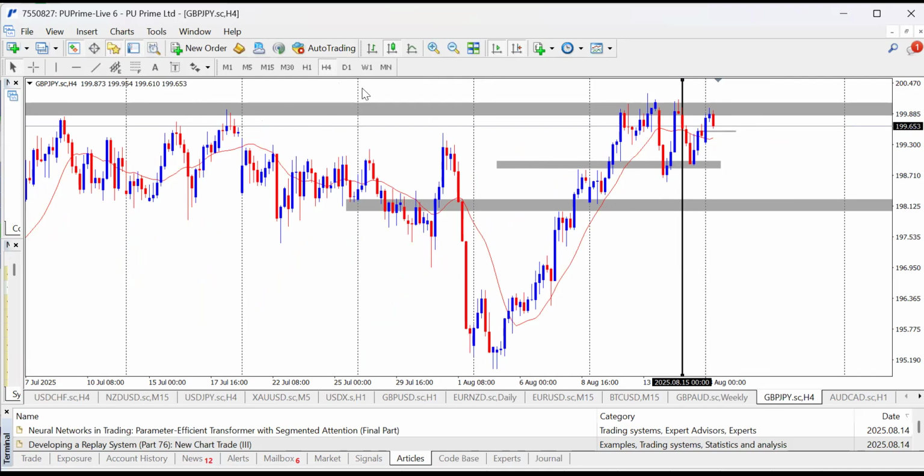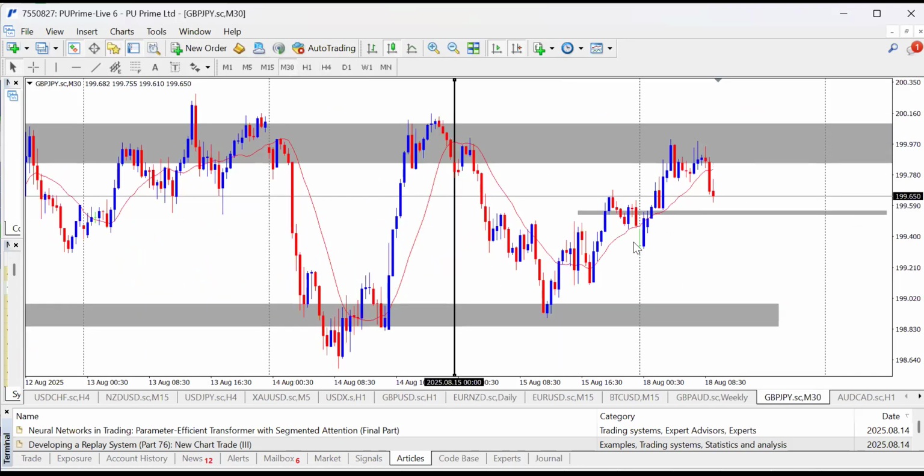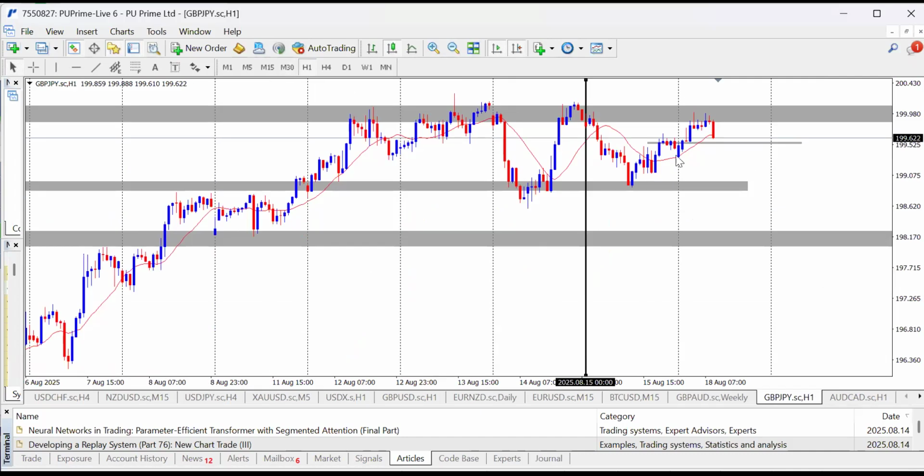So this level is the area I'm looking at, and go to 30 minutes time frame to see if you're having market at that level. You can see market is getting closer to this zone. So now what I'm expecting here is market taps into this level, then retraces. I'm expecting a strong retracement at this zone before we sell. So GBPJPY is bearish and I'm looking towards selling.